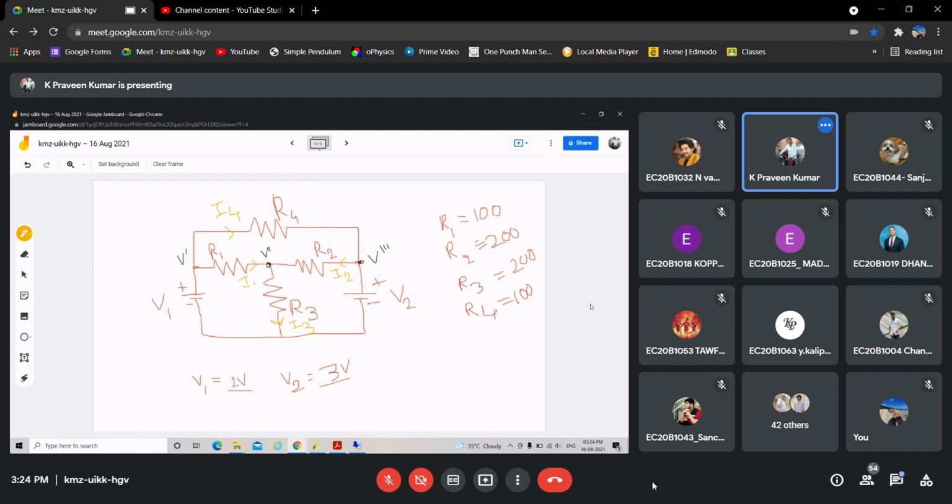Anything you want to know? Yes, sir, it is clear. Okay. So for this circuit, you need to verify the node voltages and branch currents using KCL and KVL and verify with the tool, right? That is your first experiment. You have to submit by Thursday, right? So I will share that format with you, and if possible, I will share that Google form. So submit on or before Thursday, right?